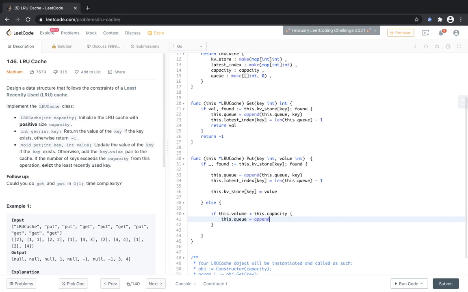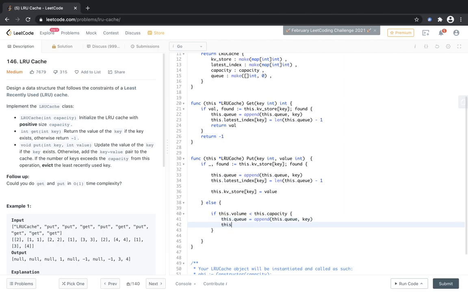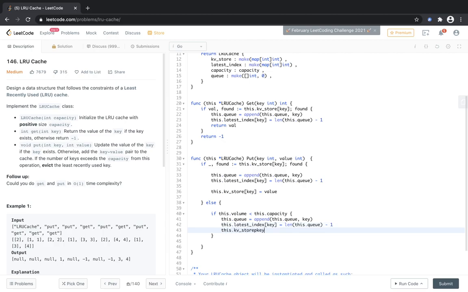So again, this.queue is equal to append this.queue comma key, this.latest index key is equal to length this.queue - 1, and this.kv store key is equal to value.